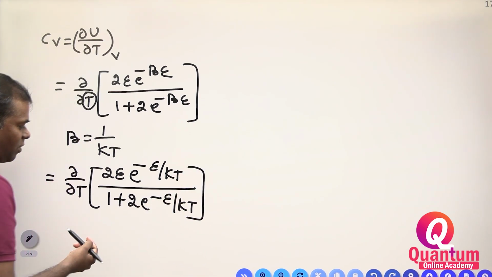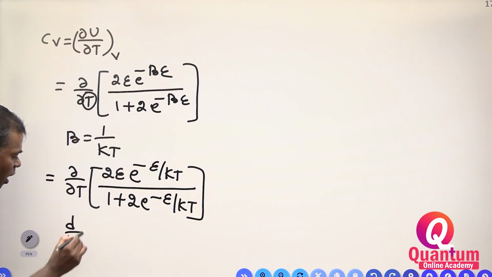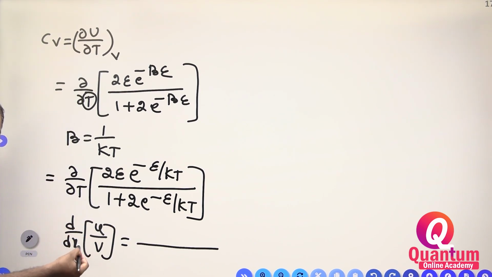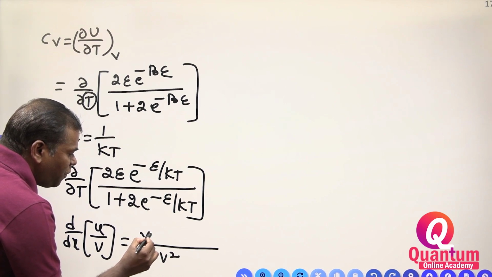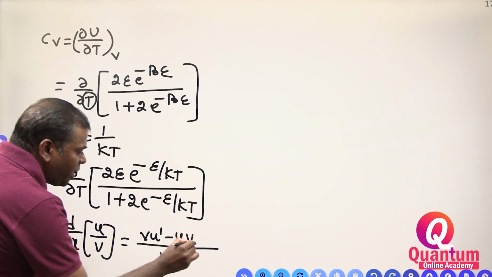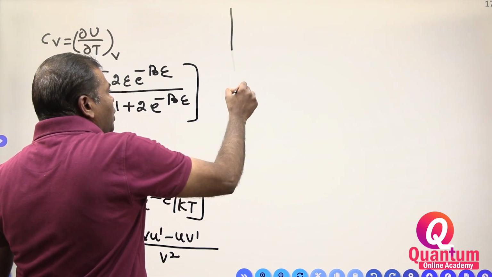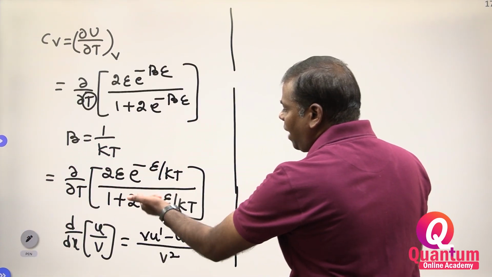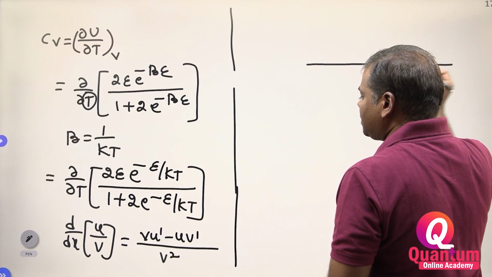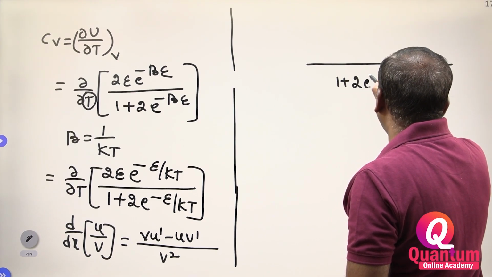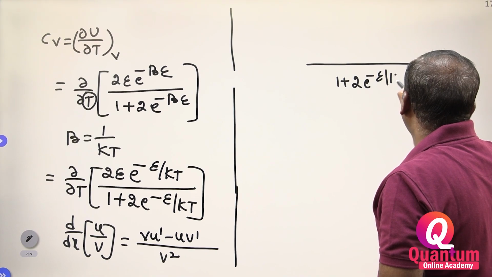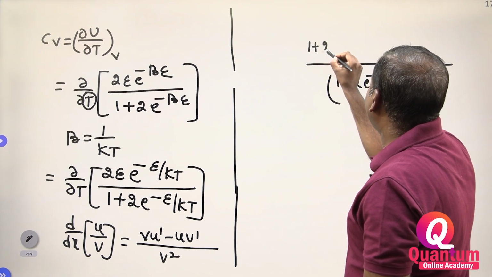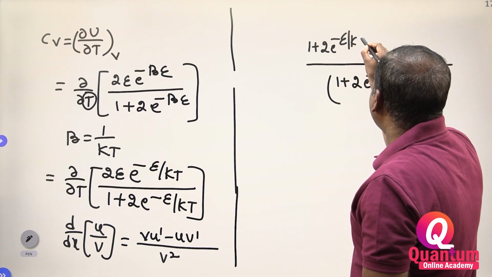But this is the differentiation. What differentiation? d/dx of u/v differentiation. Therefore, d/dx of u/v is equal to (v u' minus u v') divided by v², you have to take. From this, you calculate the value. How much value you are getting, once you have to see. This is the v value. v² means (1 plus 2 e^(-ε/kT)) whole square we have to do. v into 1 plus 2 e^(-ε/kT)